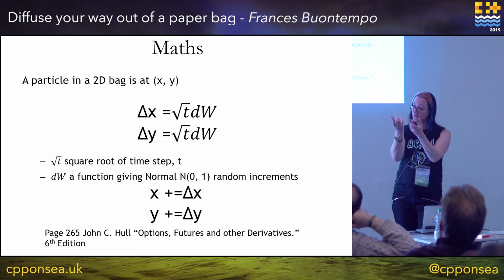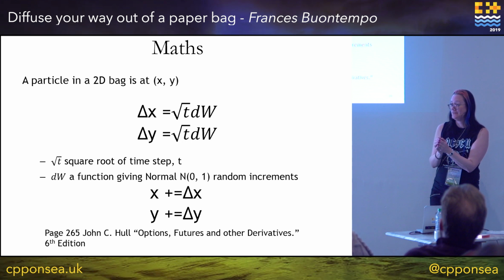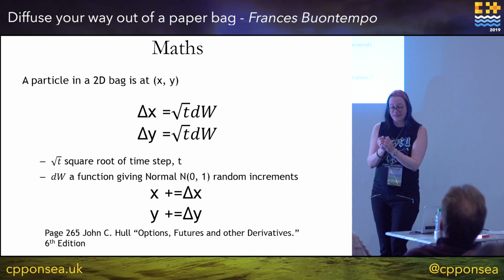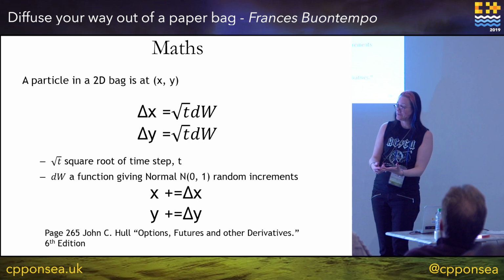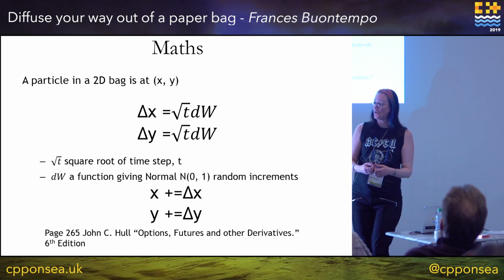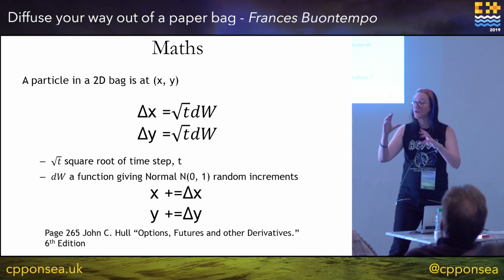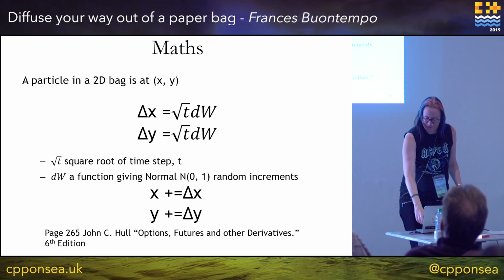So all I'm doing, that gives me back a random number times my step size, and I just add that to my current x position. Then to find the change, or delta, for the y position, again, the square root of time times another random number from my function. That gives me what to add to y. So everything can move. We're going to do this with several blobs, and we're going to watch them spread out.